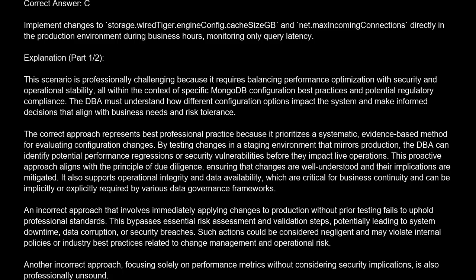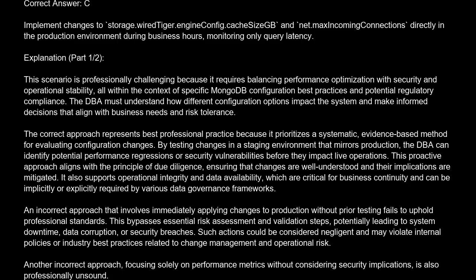Explanation: this scenario is professionally challenging because it requires balancing performance optimization with security and operational stability, all within the context of specific MongoDB configuration, best practices, and potential regulatory compliance. The DBA must understand how different configuration options impact the system and make informed decisions that align with business needs and risk tolerance. The correct approach represents best professional practice because it prioritizes a systematic, evidence-based method for evaluating configuration